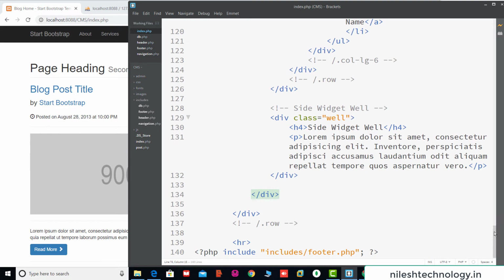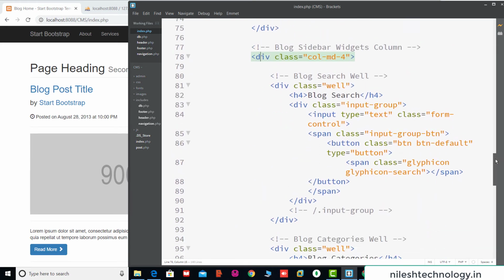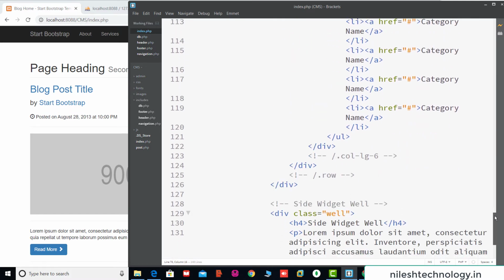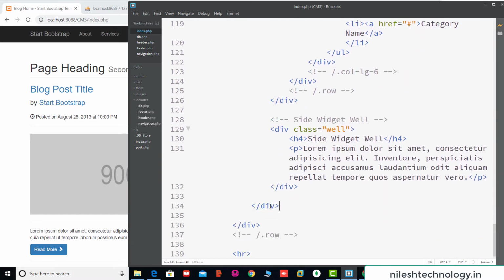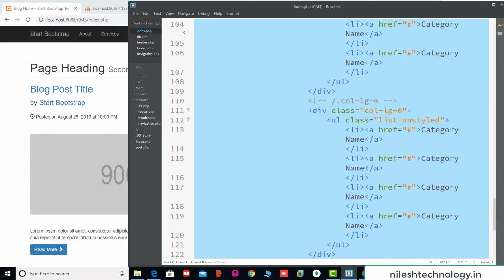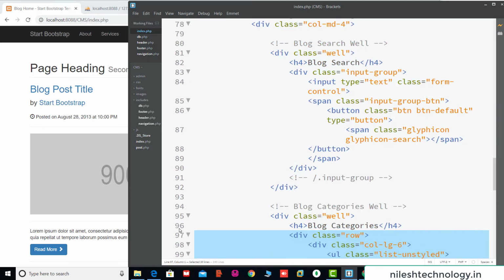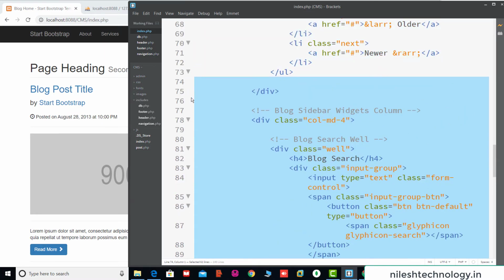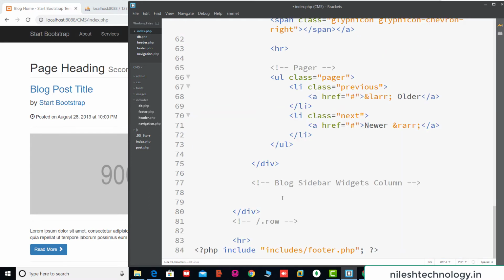So from this div tag to this div tag, we select all the block categories section here, block sidebar widgets column. Here we select this data, Control X, and here we create a new file, sidebar.php.